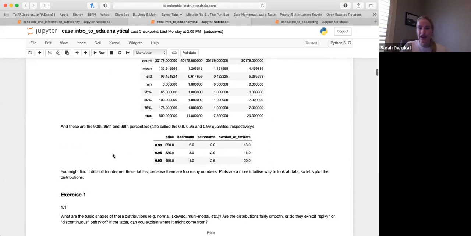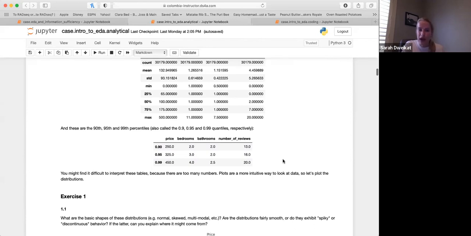And then we're also going to look at some of these percentiles, the 99th, 95th, and 90th percentile. For some of these things that we think might be important, like price, bedrooms, bathrooms, just to know the distribution of our data, to know what those top values are in terms of price. We already knew our maximum, but look at this big difference between our 90th percentile and our 99th, right? That's a pretty big jump for 10% there.